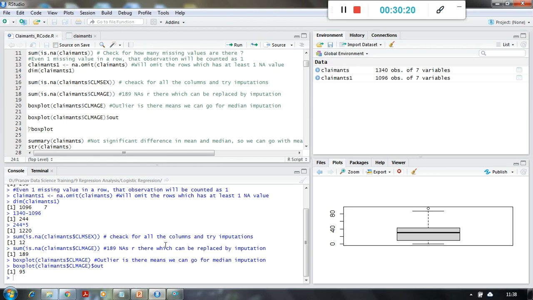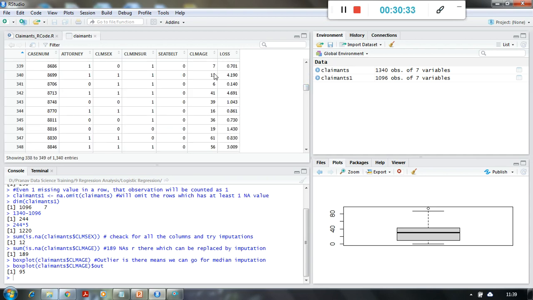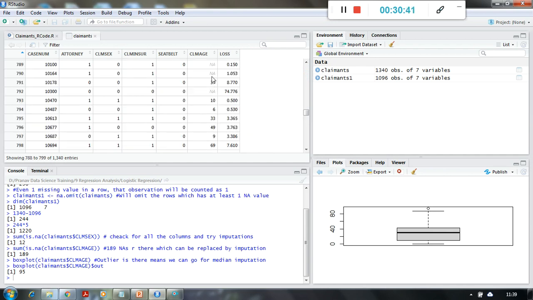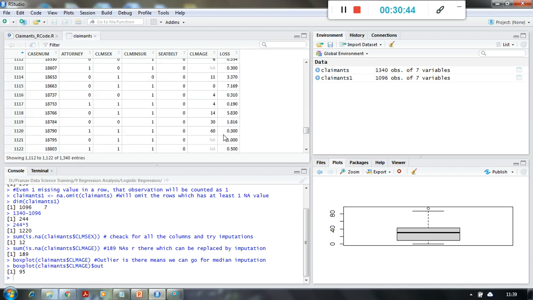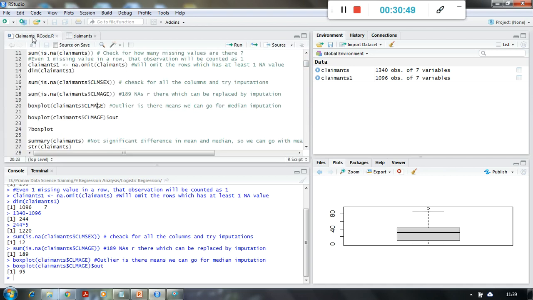No, these are not the number of outliers. It tells me that there is only one outlier, and because this is the column age, there is someone who has the age 95, which is an outlier value, right? So you can see over here age is 39, 36, 61. So there must be one value which is 95. According to this data, that 95 value is an outlier, and there are not many outliers, so we can go for mean imputation.